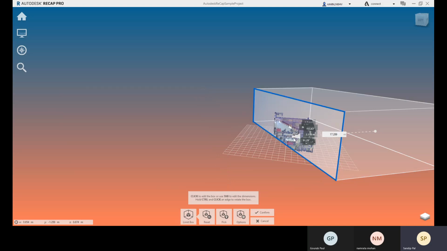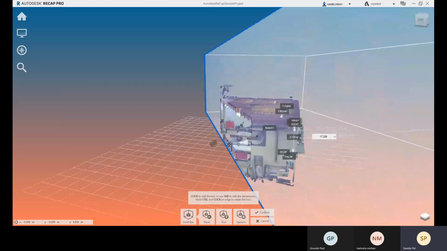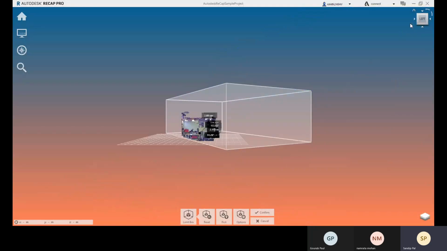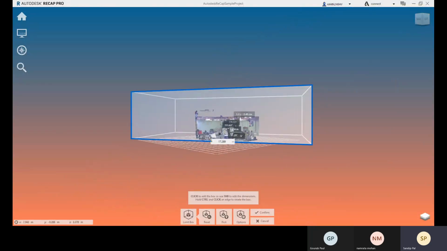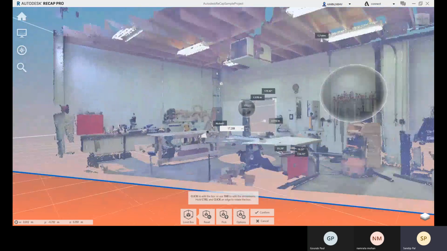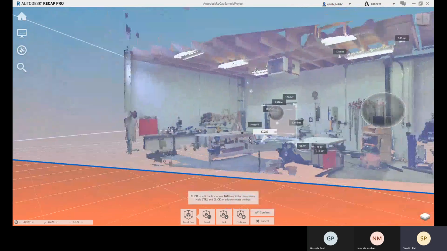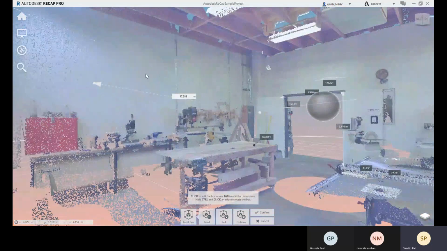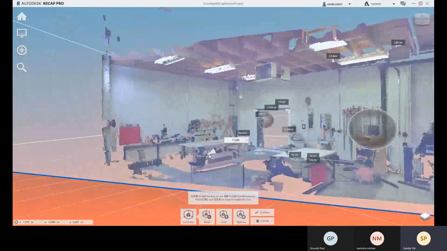So if you're working on this only, you can come to this left and click here, so it will allow me to see through all these things, and I can easily place all the dimensions and attach all the information there.